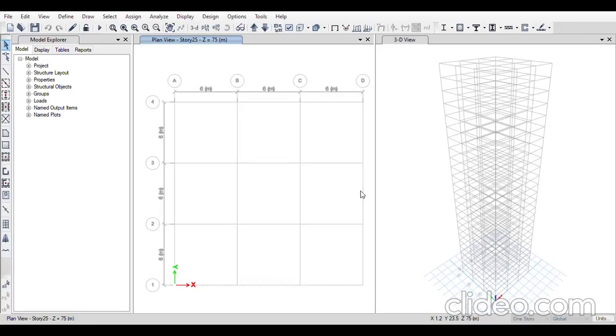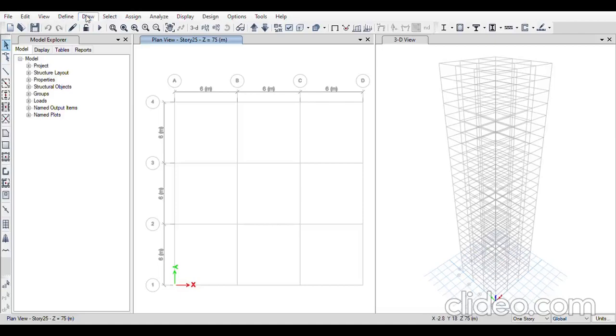I have defined the slab section now. Now I have defined all the things. So now I'll start assigning.